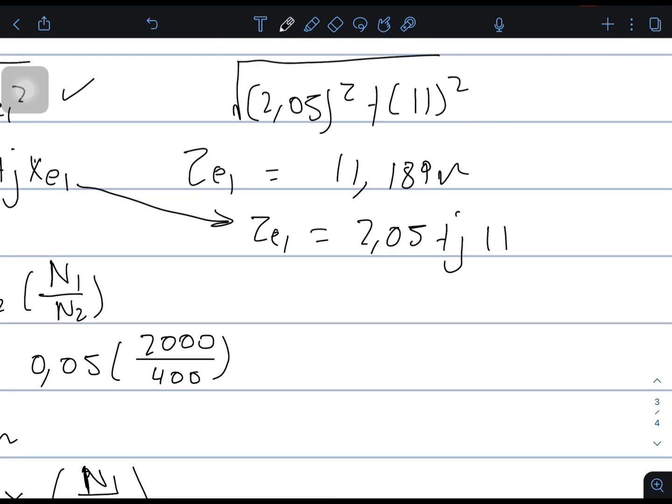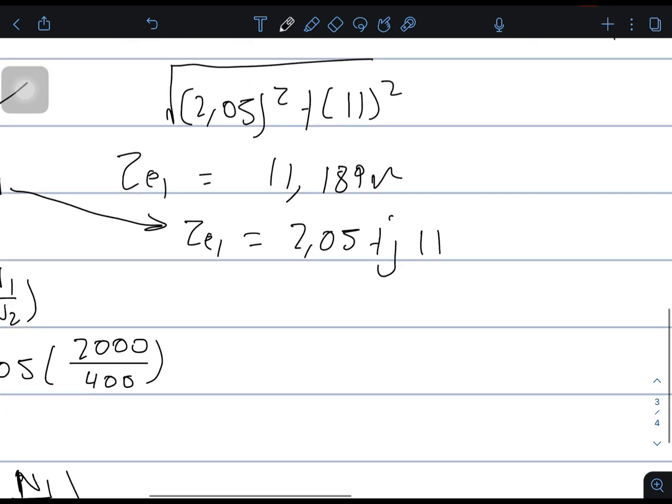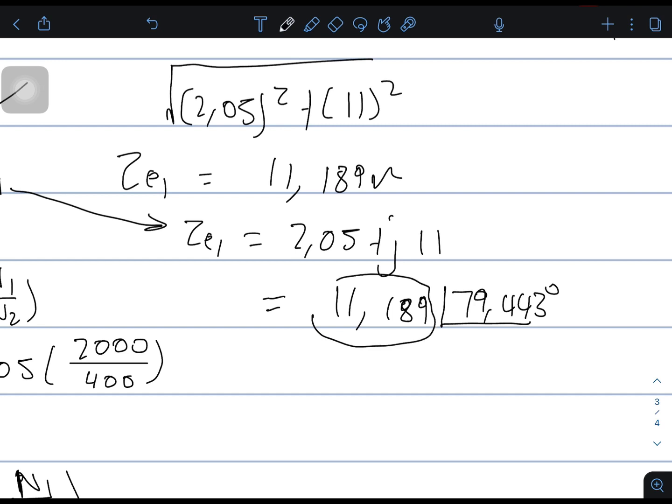Then I have to put this in polar to find the absolute value. Then the formula, 11,189, 79,443 degrees. Okay, we can ignore the degrees. We want the actual value. Then the next question said